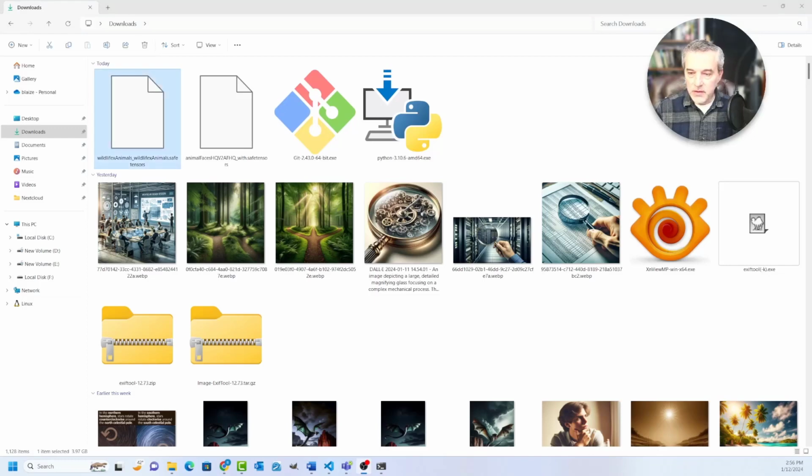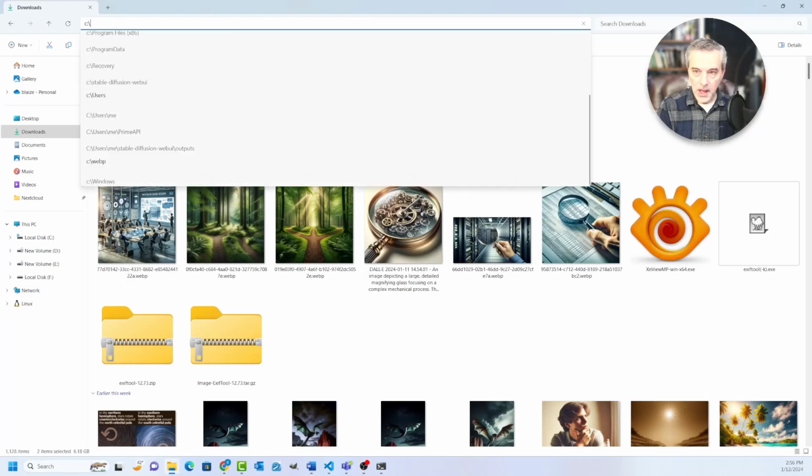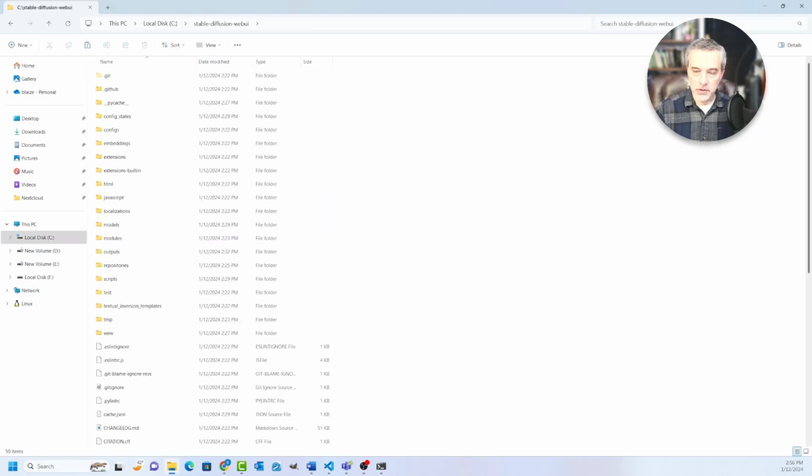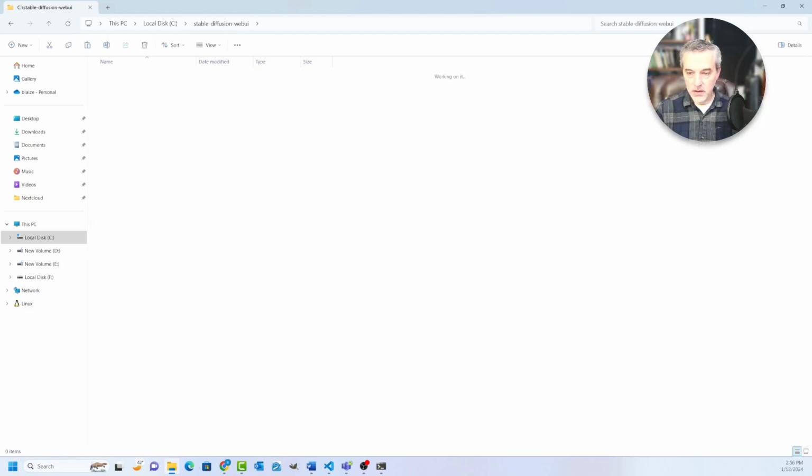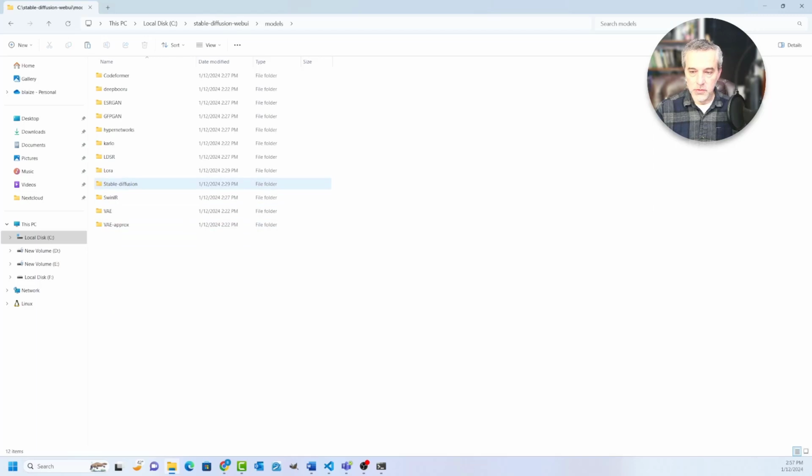So once you have the models downloaded, you'll have them right here. There's a folder you want to put these in. So I put this in a folder on the root drive called Stable Diffusion Web UI. The folder you put all this in is called models right here. And you have a bunch of different kinds of models in this, and they all do different things. The two that we're most interested in for generating images is this one called Stable Diffusion and this one called